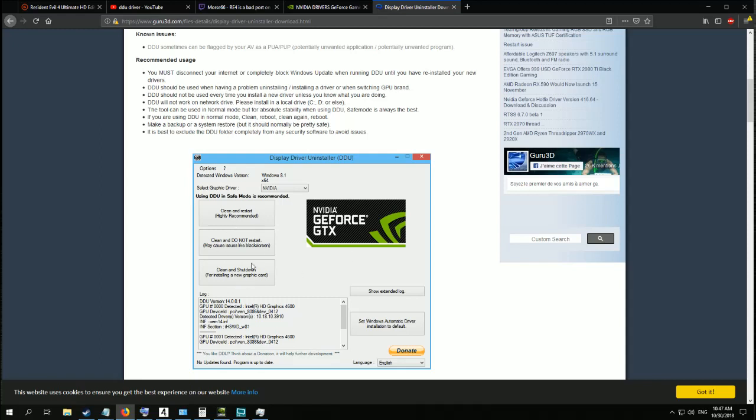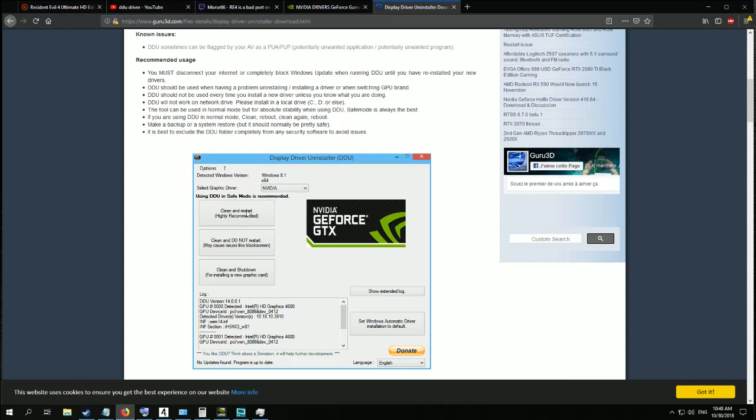So what DDU is doing, Display Driver Uninstaller, it's gonna remove all your old graphic drivers that your Windows is storing, it's keeping. And usually you don't want all your old drivers on your PC, it's useless. So it's gonna clean all your old drivers,